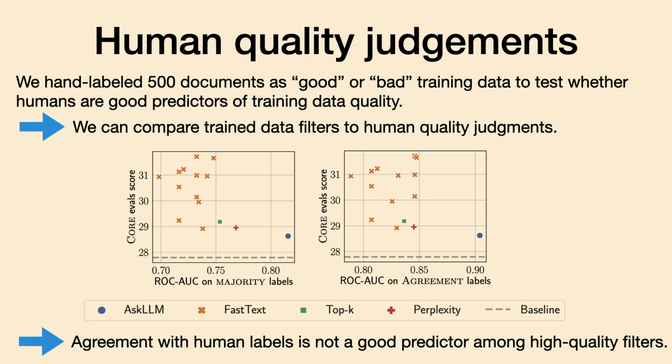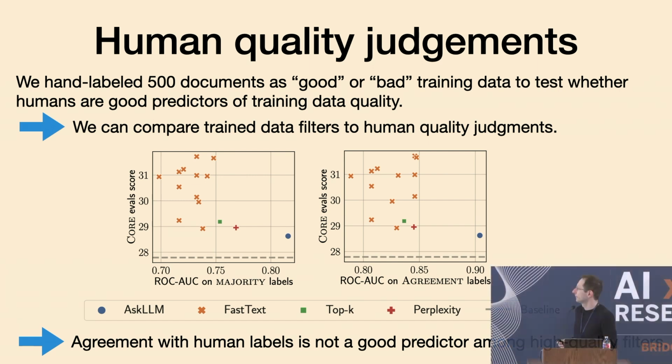And so what you see is, okay, blue point, good on x-axis, but pretty bad on y-axis. And then all of these orange points, these are variants of fastText. And what you see is that the best variants of fastText, the best points on the y-axis, you can't really tell them apart from the x-axis. So yeah, in the end, language models do learn differently,